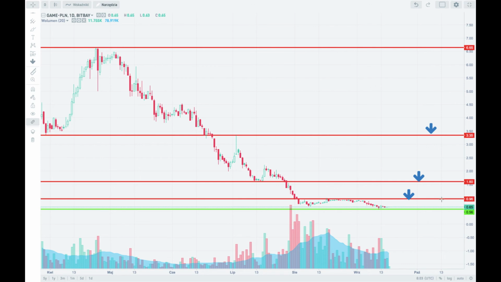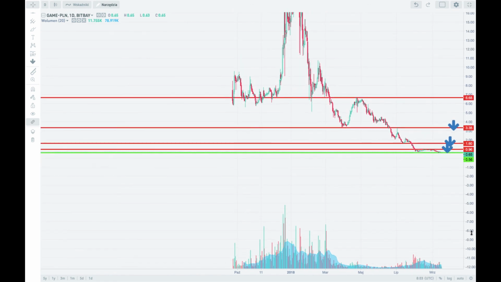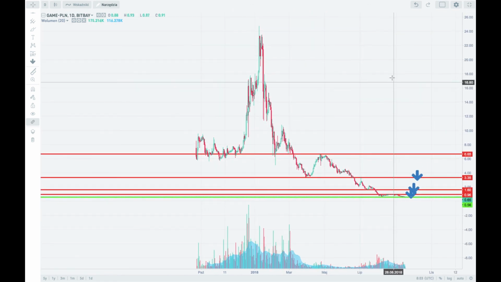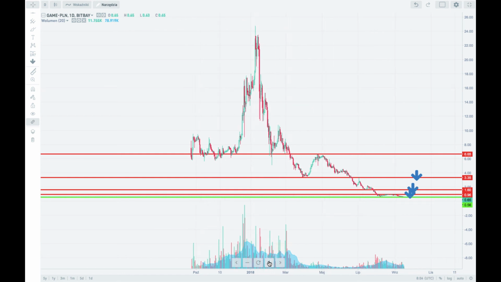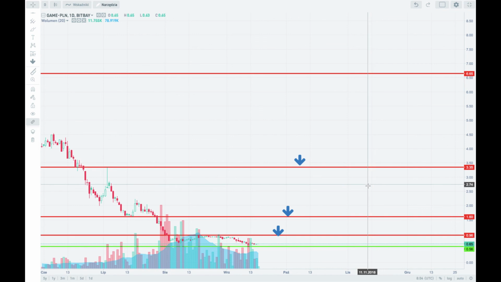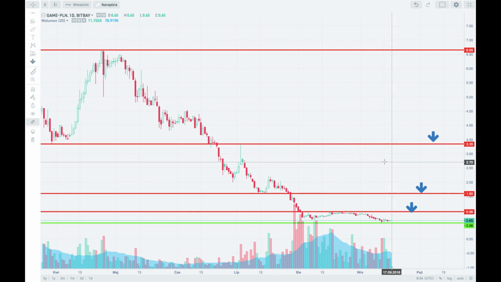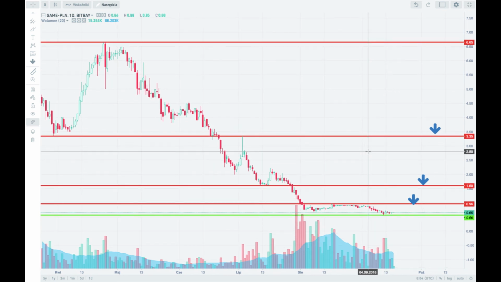But please notice once again, the prices for the GAME right now are pretty cheap. Historically we got the GAME at a price of 24.72. That was the historical high for the GAME. So 0.56 is a very cheap level for one GAME right now. Please keep this in mind when you are considering the GAME cryptocurrency.